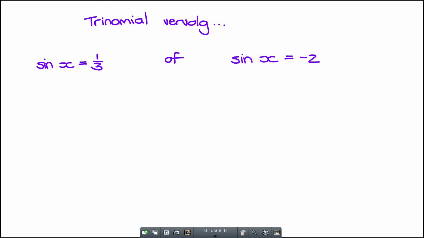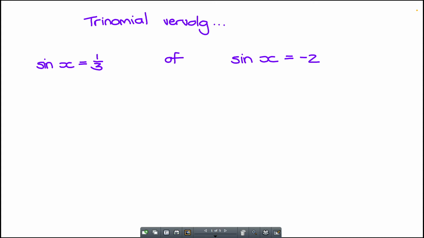Trinomials, nee? En ek het nou nie weer alles uitgeskryf nie. Toe het ons geëindig by sin x is 'n derde, of sin x was minus 2. Toe begin die afkondigings, Meneer Koning, nee? Okay. Onthou julle nog? Is julle reg? Okay, so then we said